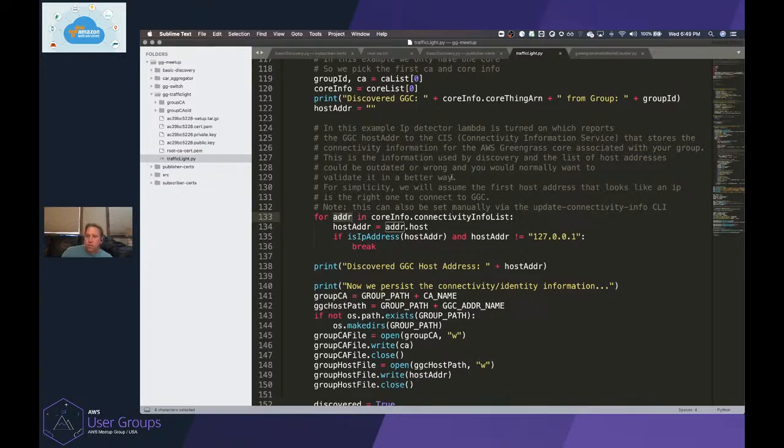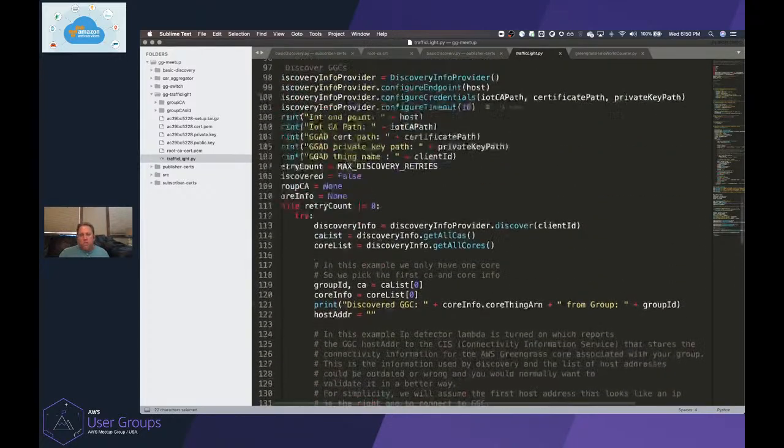127.0.0.1. An important note, if you walk through the tutorial and you use a device that's, let's say you use the Raspberry Pi for your Greengrass-Core, and then in this case, I'm using just my local laptop for the simulated traffic devices. The first address that I found that it was coming back with is 127.0.0.1. And so, just a gotcha I want to warn you about is when I tried to run this the first time, the first address that came back